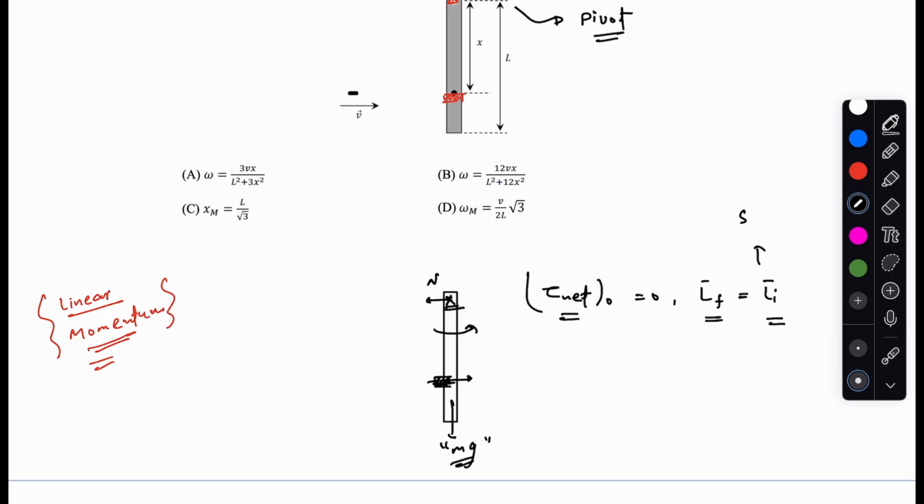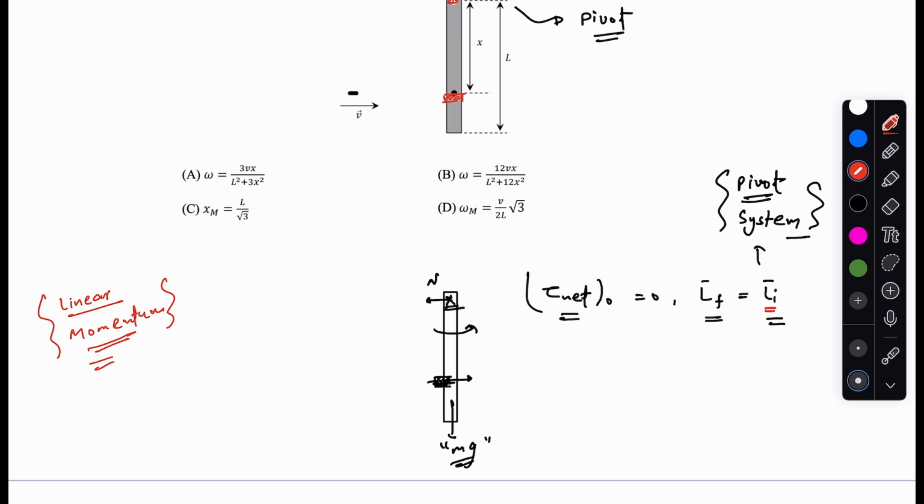We are applying it for the system first of all, and about which point? About the pivoted point. I have told you the reason why about the pivoted point only. Can we apply it about any other point? No, we cannot apply it about any other point. Okay, so now let's